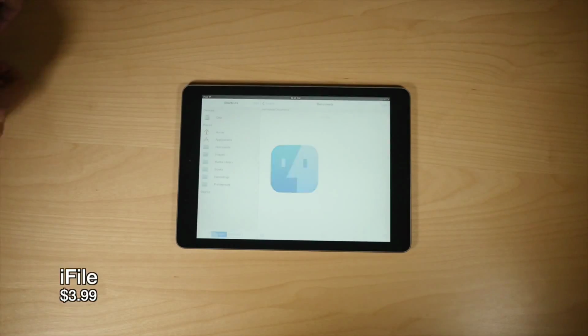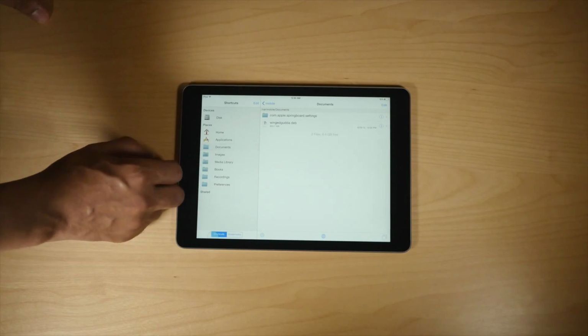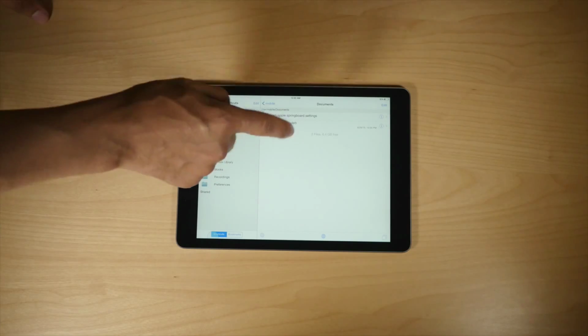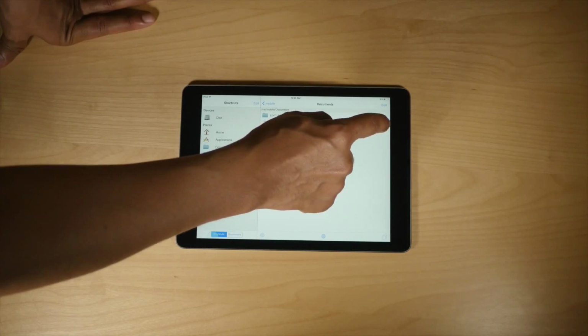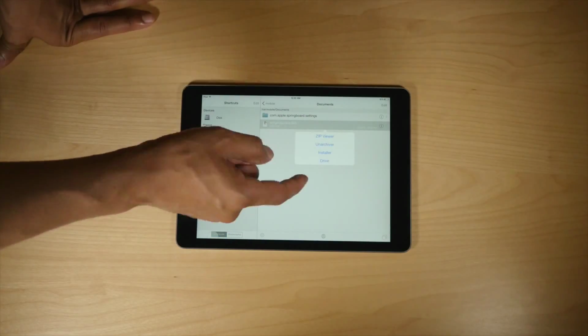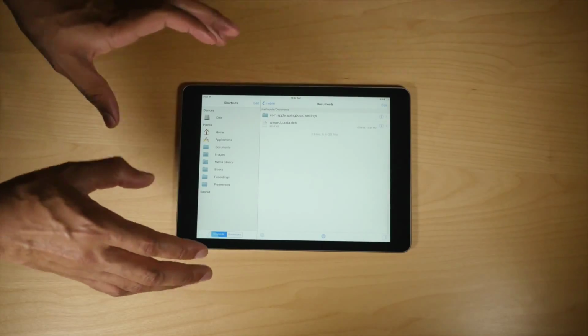Yes, this is another must-have jailbreak app for the iPad. It allows you not only to interact with those downloaded files, but do all sorts of other things with the file system: browse the native file system, zip, unzip, install, rename, all sorts of things that you would normally be able to do with the OS X Finder. So those are 20 of the